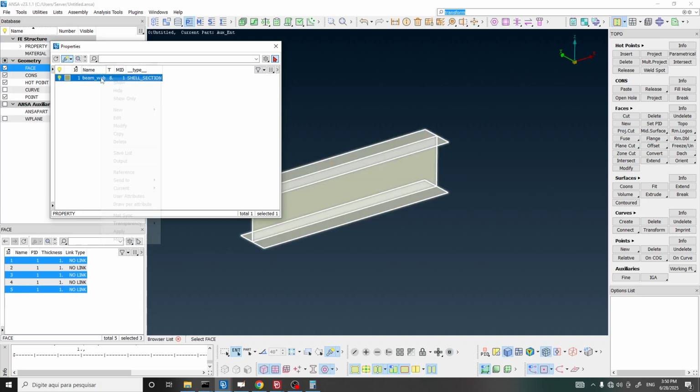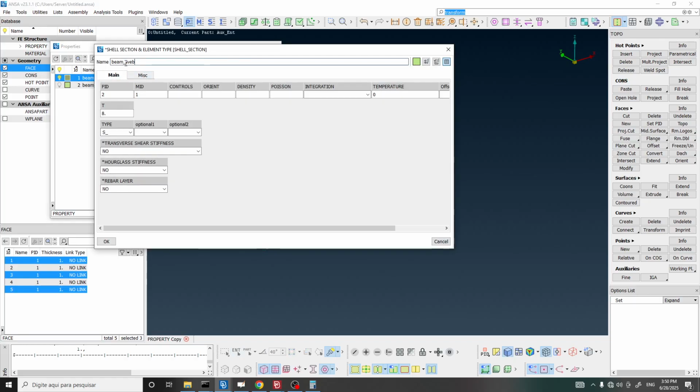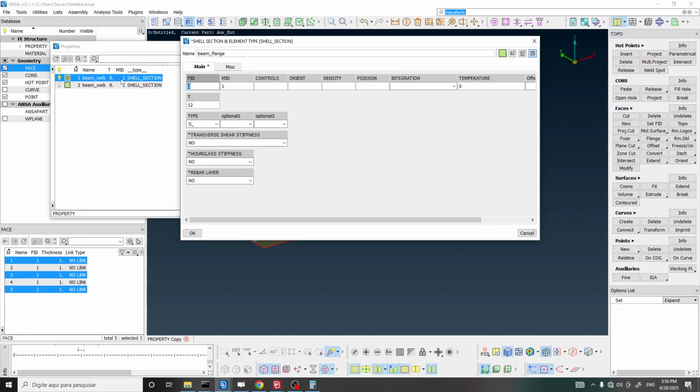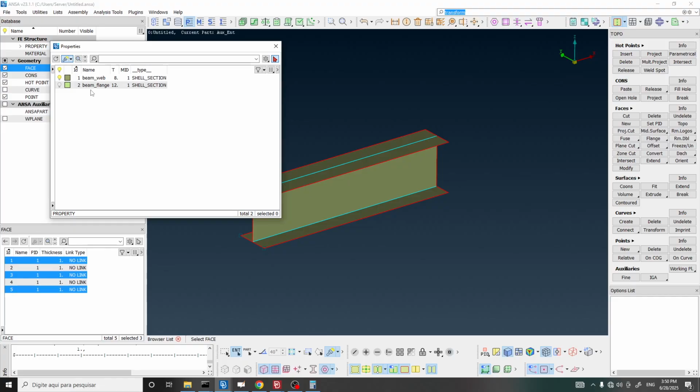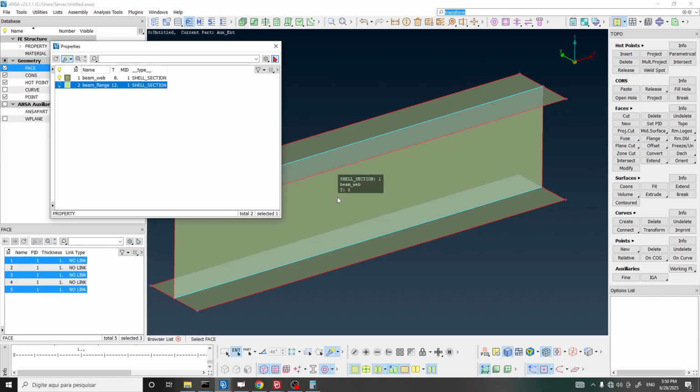And now let's right click on this and copy. In this case, I'm going to name it flange. And the thickness is going to be 12. And you see the ID of this property is 2, because the ID of the previous property was 1. So this field here is for the ID of the property. Click on OK. But I need to assign this property to the flanges, because right now everything is assigned to